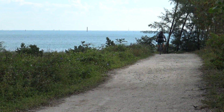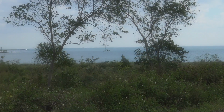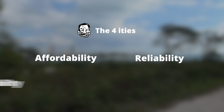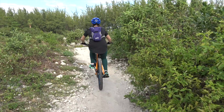For the rest of this video, we'll be talking about bikes. Specifically, what should you look for in a good beginner bike? Well, the 4 itties, of course. The 4 itties are affordability, reliability, serviceability, and simplicity. To find a bike with all 4 itties, you can go to a bike shop, search online, and even buy